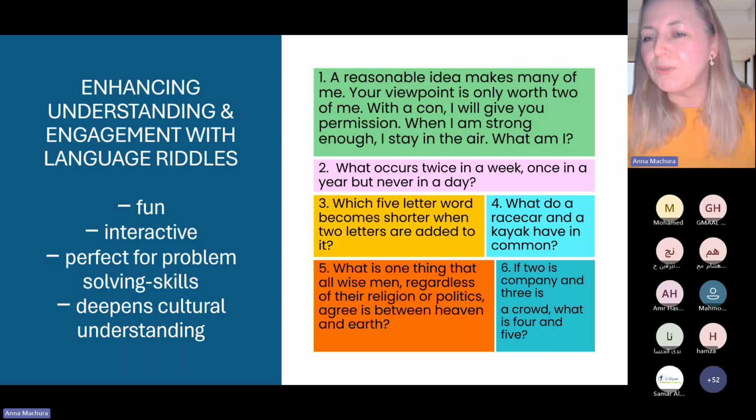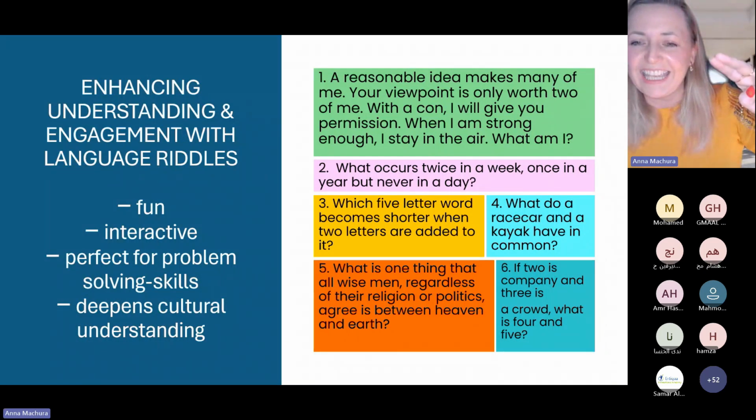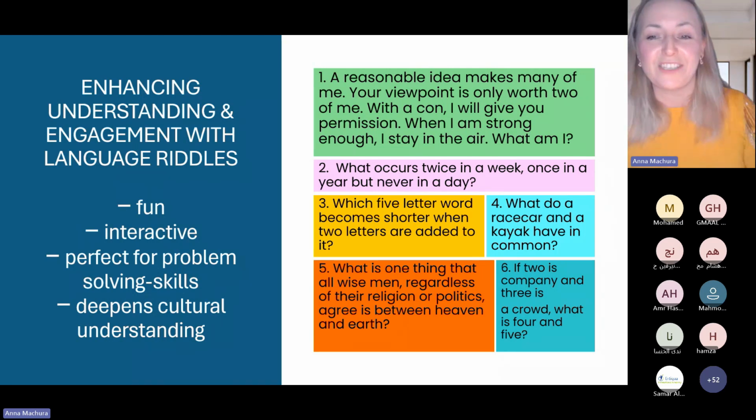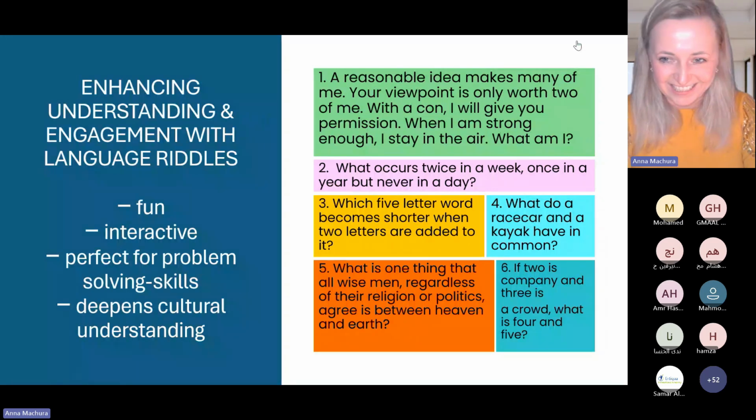What is worth 2? There's an expression. It's worth 2. Think about money. Like euro and cents. Okay. Then with a con, I give you permission, I give you consent. Strong enough, it's the scent in the air. And many cents that you can make. You have a good idea, you can make money. Okay, interesting for sounds. Something different, definitely. I hope you like that.